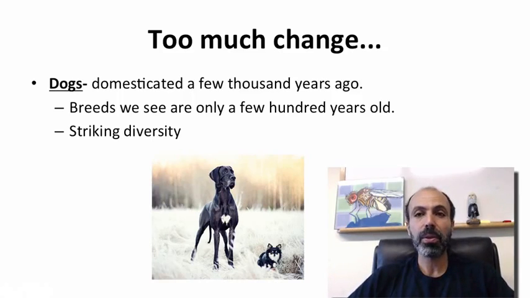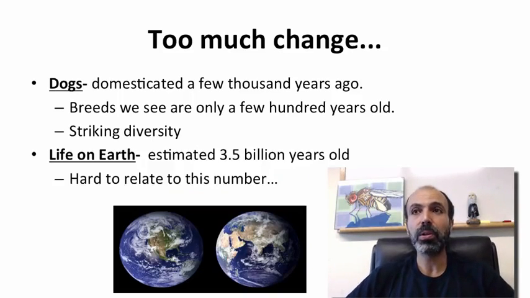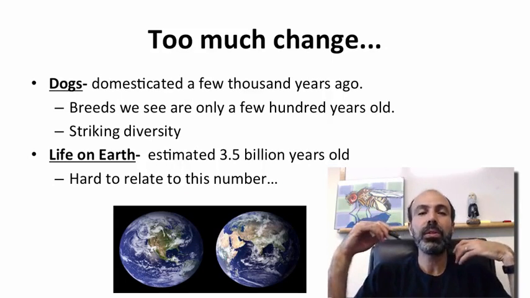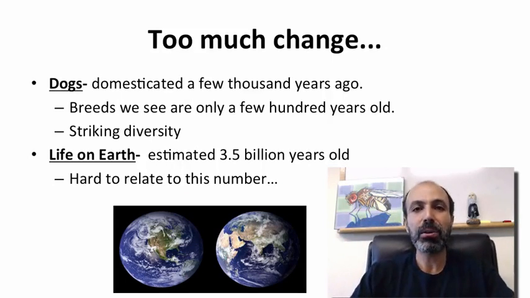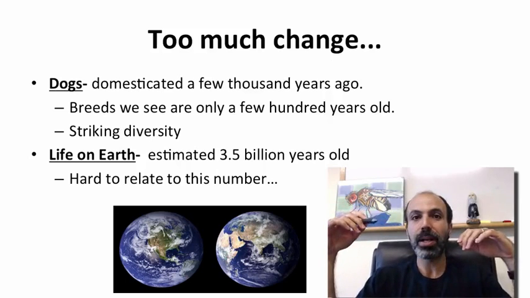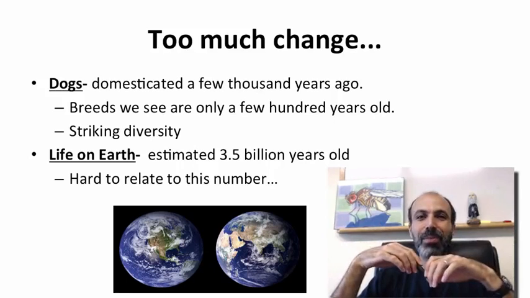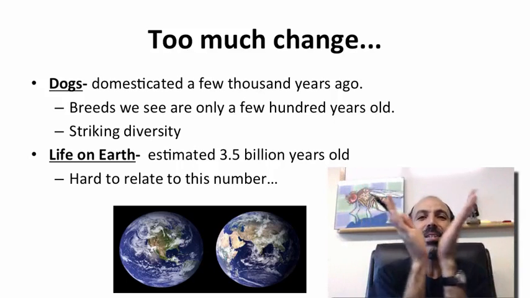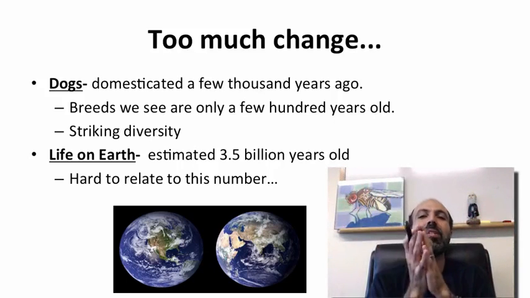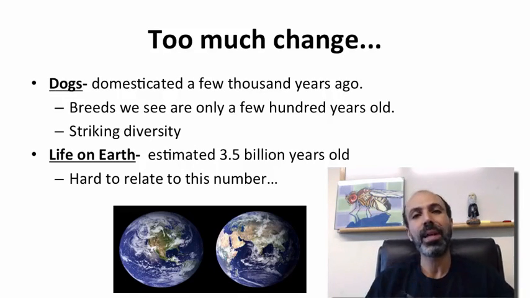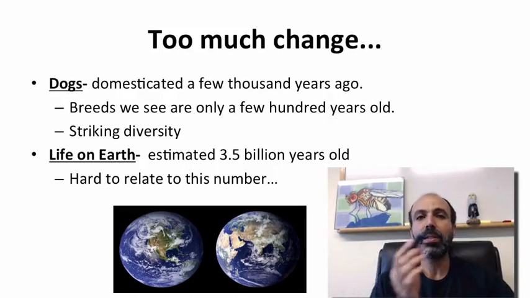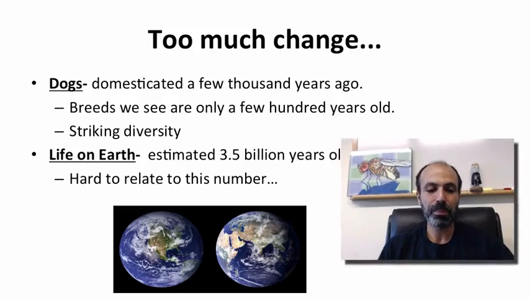Now, how old is the Earth? Well, the Earth is on the order of 5 billion years, but life has been on Earth for an estimated 3.5 billion years. Well, it's hard to relate to this number. If I tell you something happened 3,000 years ago, you say, okay, that was a long time ago. If I say something happened 3 billion years ago, you say, okay, that was a long time ago. But it's hard to relate to the difference in scale between those two things because it's so much longer than human lifetimes. So let me put this in a scale that we actually can relate to.